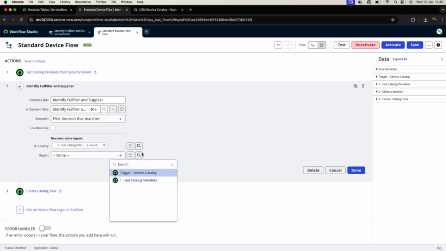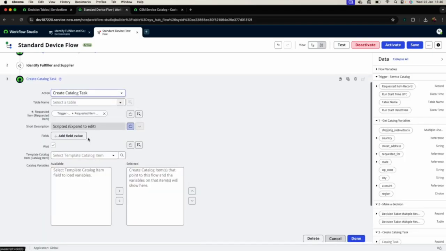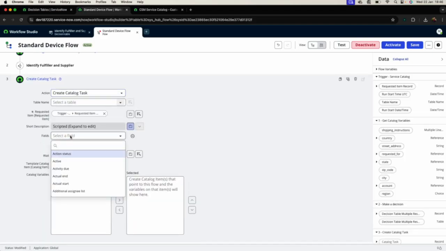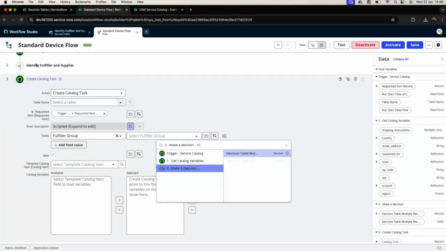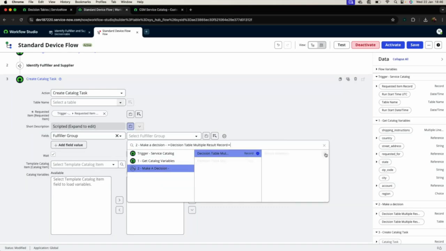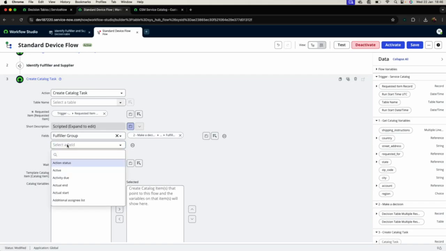For region, again, go to variables, get catalog variables and use region. Okay, and I'll say done. Now this will run and it will give me the result of fulfiller and supplier. How I'm going to use it is in the create catalog task. There is a field called fulfiller group. For this, set it from the make a decision step. So this is a make a decision step where you have this result. In the result, you have to dot walk to each element of the result elements, and from there you can select fulfiller. Similarly, for supplier,